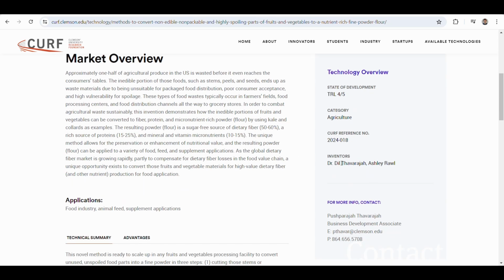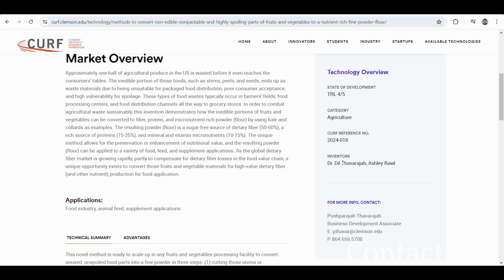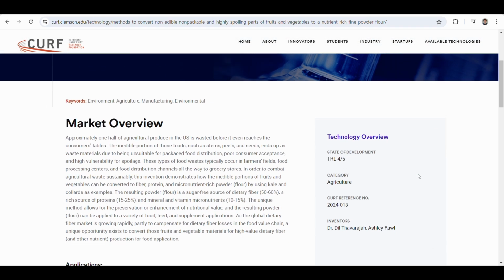Also, something I thought was interesting is that the inventor, Dr. Dil Favarunha, I hope I'm saying that right, has the same last name as the technology manager, Pushparaha Savaraha. Okay, there we go. Sorry about that. But that's interesting. You normally don't see the same last name for the inventor and the technology manager, so I'm wondering if they're related. In any case, one of the things that I know made a big splash in the business world a little while ago was